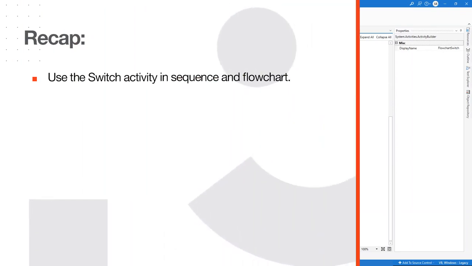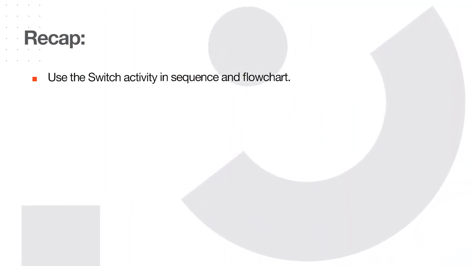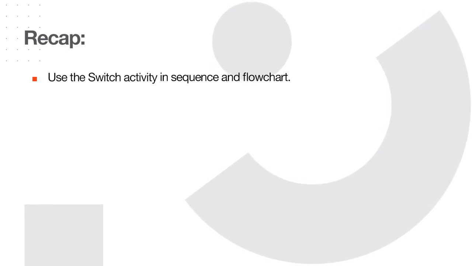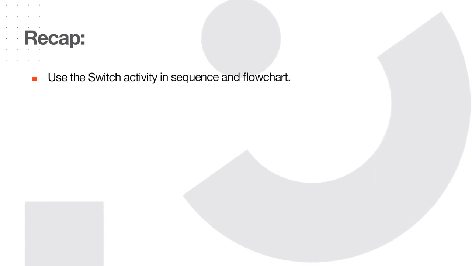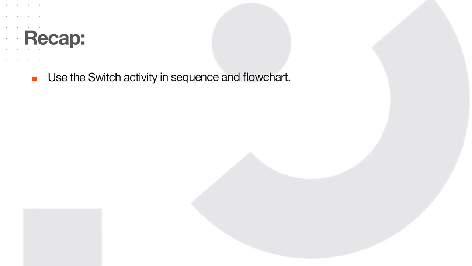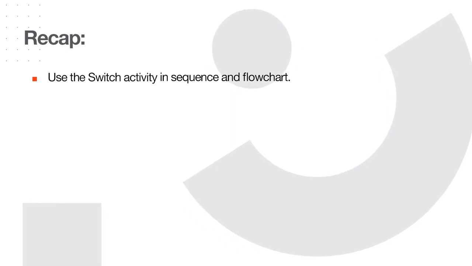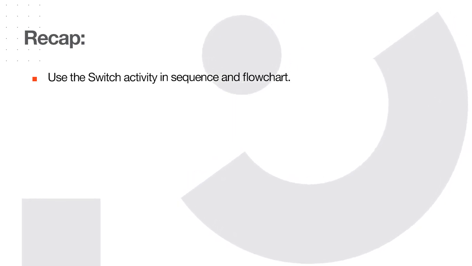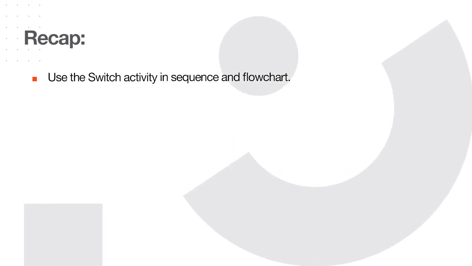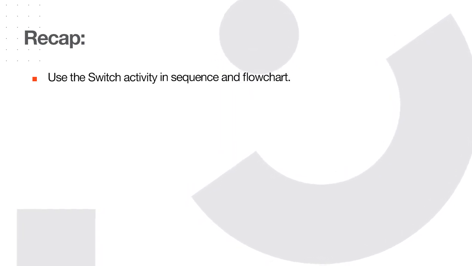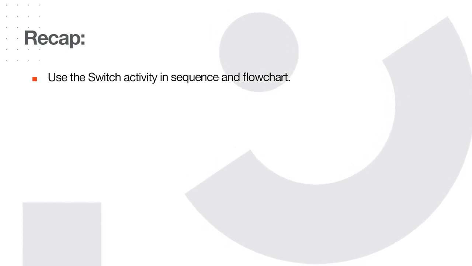As a short recap, we learned how to use the switch activity in sequence and flowchart. The switch activity executes a single case in the collection based on its match with the conditional expression. If the condition doesn't match any of the cases, the default one is executed. We can use the switch activity instead of an if activity to test the condition against at least 3 or more cases. For more practice on this topic, try to use the switch activity to find the grade of a student based on the